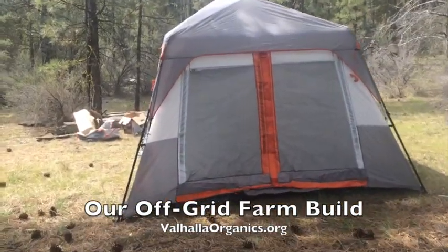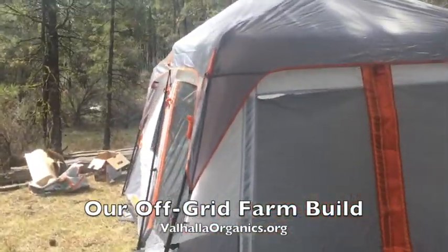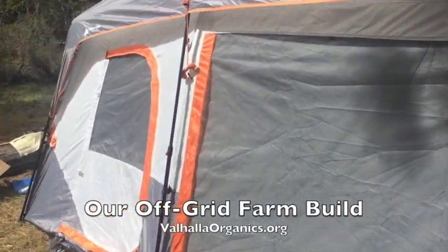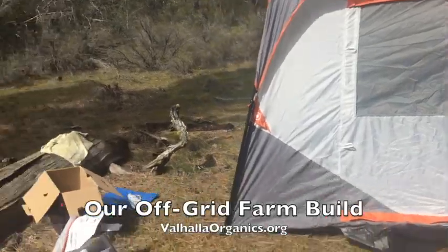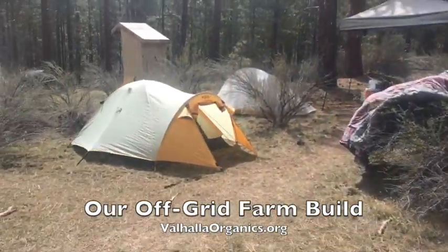Now this is our big new fancy house, you guys. It's almost like living indoors. And it could be split into 2 rooms. Pretty awesome. This is where we were living. This tent